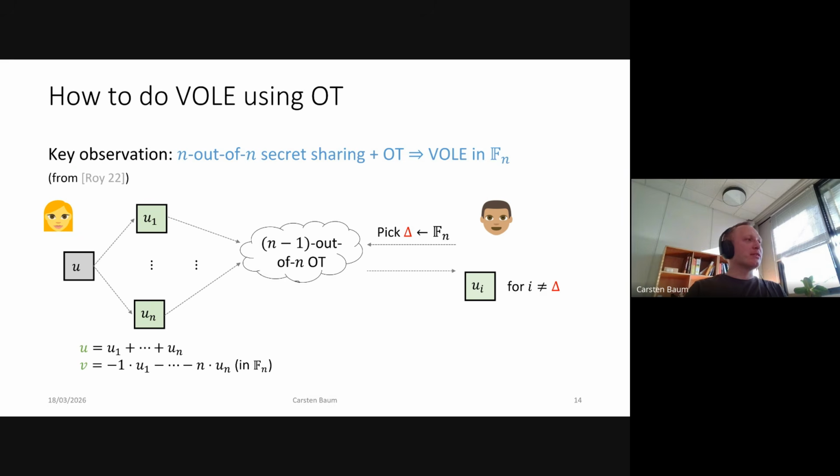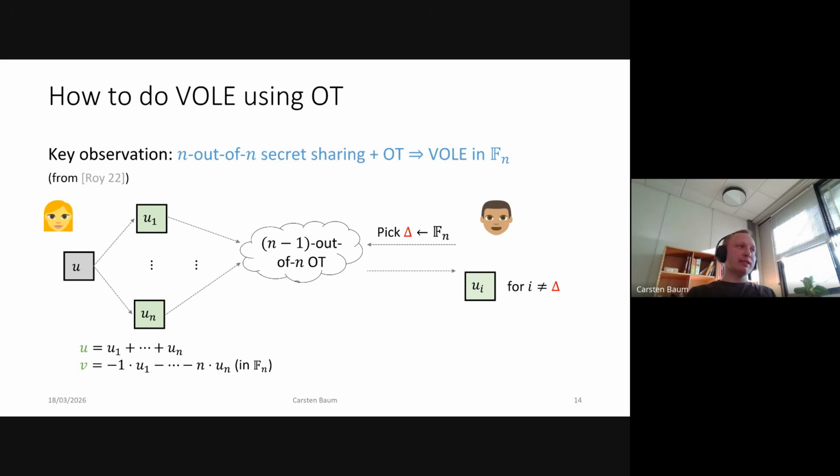Here's the interesting observation. As I said, my U is the sum of all the individual shares. Now, this is fine. The interesting thing is, how do I define V? V is this sum, if you see it on the lower left side, where I'm not just summing the U_i, I'm actually multiplying them with minus their index. So -1 U_1, -2 U_2, -3 U_3, down to -n U_n. This is how I define V. Okay, so I have U and V